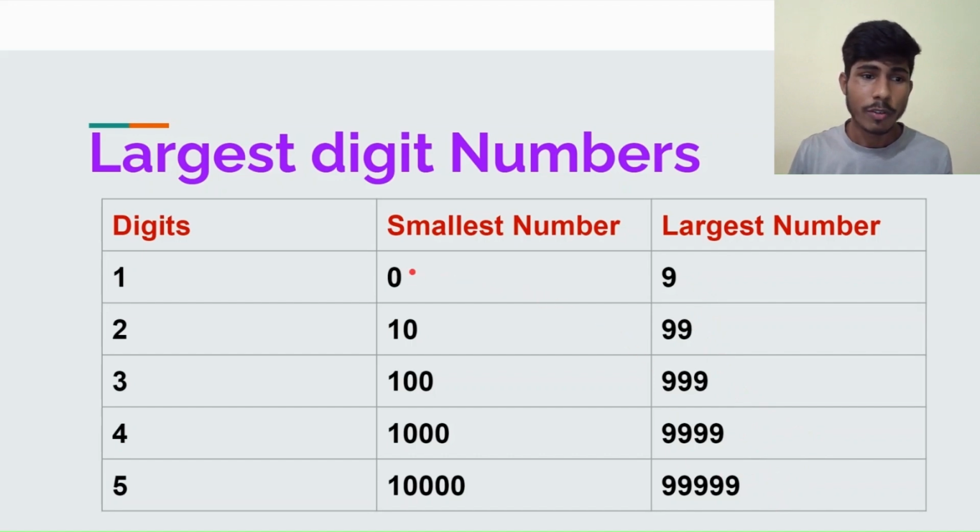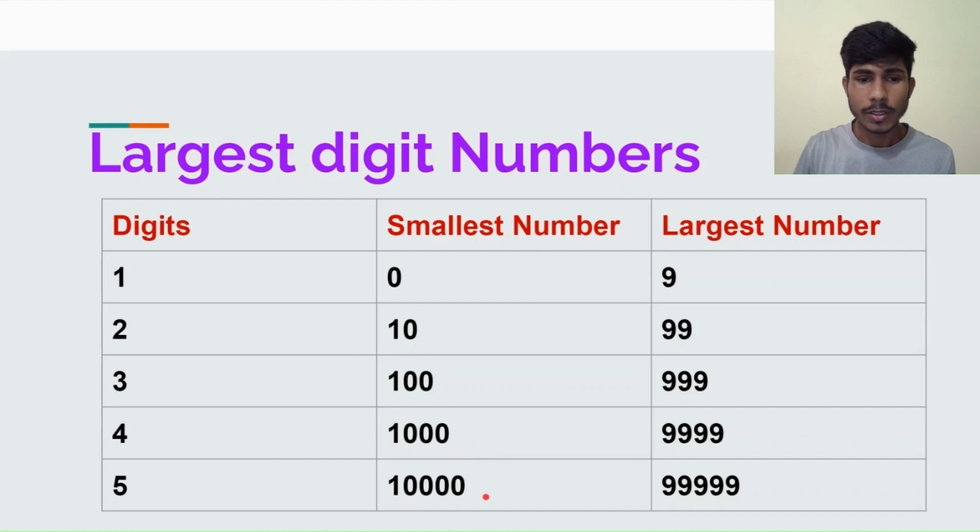See, if you want the first 1 digit smallest number, you will have 0. And for the 2 digit smallest number, you have to add this extra 1 and you have to add 0. Okay. For the 3 digit smallest number, you should add 1 extra 0 to this 10. So you will get 100. For the 4 digit smallest number, you have to again add 1 extra 0 to this 100 and you will get 1000. And for the 5 digit number, you have to again add 1 extra 0 to this 1000 and you will